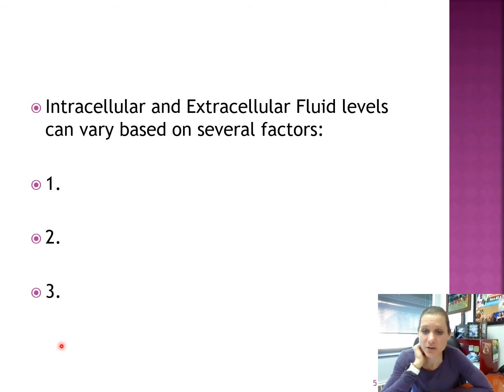So some of those electrolytes, in particular sodium and potassium, are going to pull water with them. So if I have a lot of those electrolytes, that's going to allow me to sustain my fluid concentration within the body. So again, you think about somebody who is hypertensive, for example. Hypertension is when you have high blood pressure. So one of the things we want to do for people that are hypertensive is to reduce or eliminate salt from their diet. And the reason that that's effective is if I have less salt, then that's going to allow me to retain less fluid.